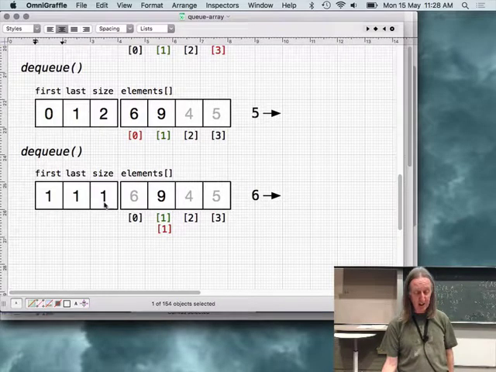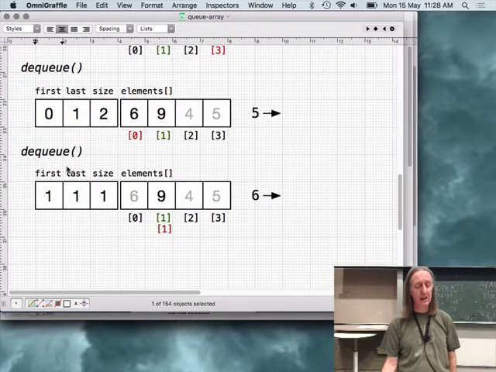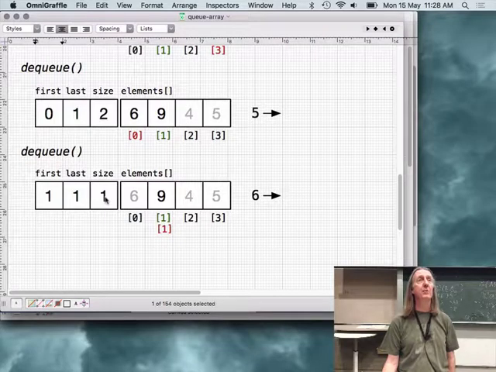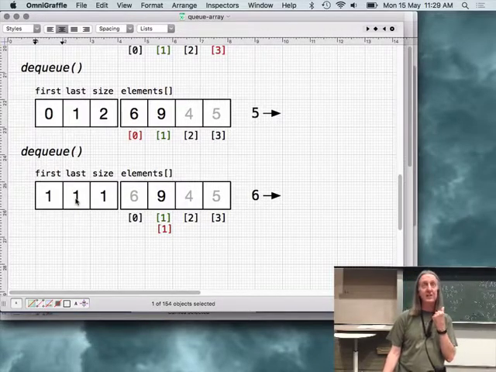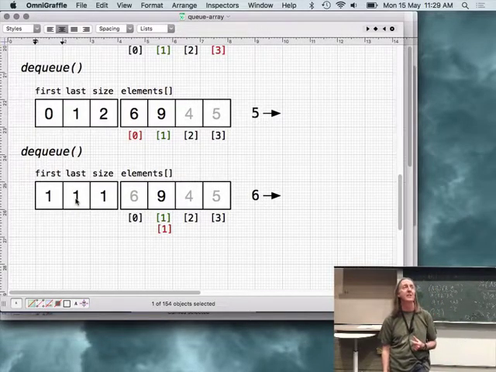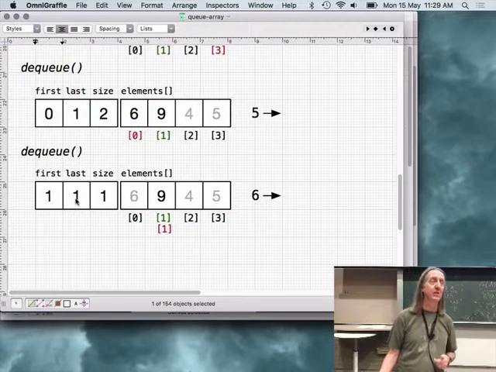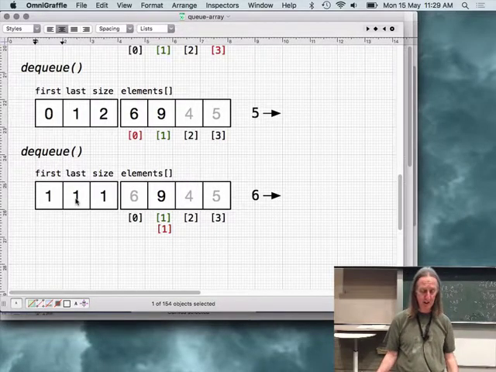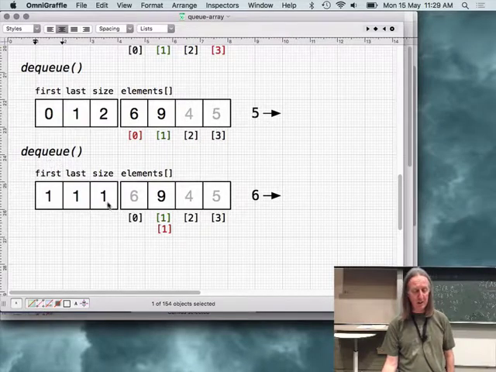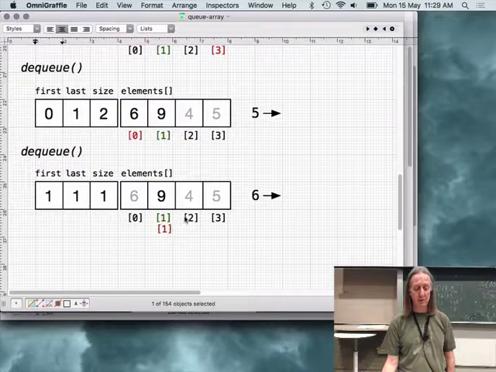If I do another dequeue, then I'm going to take 9 out, and the size of the queue is going to be 0. And when I've got a 0 size queue, it's also the case that first and last are both pointing to the same index, or both indicating the same index. So in fact, if I did a dequeue here, I probably don't want to change those. I simply want to reduce the size to 0. So I'd be left with nothing in the queue, but both of the index pointers pointing at this element here.